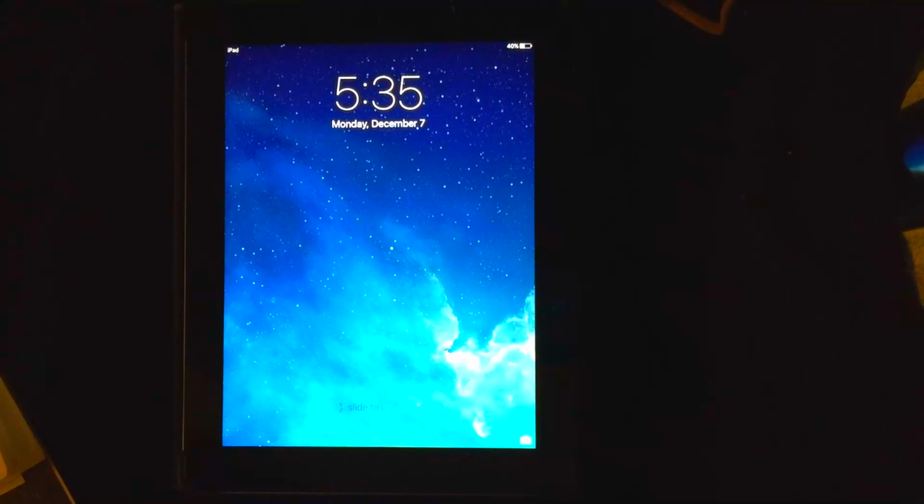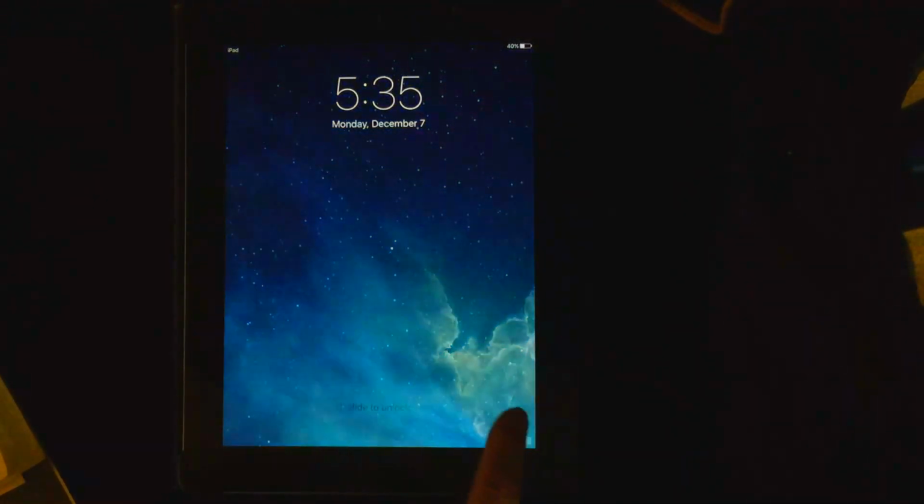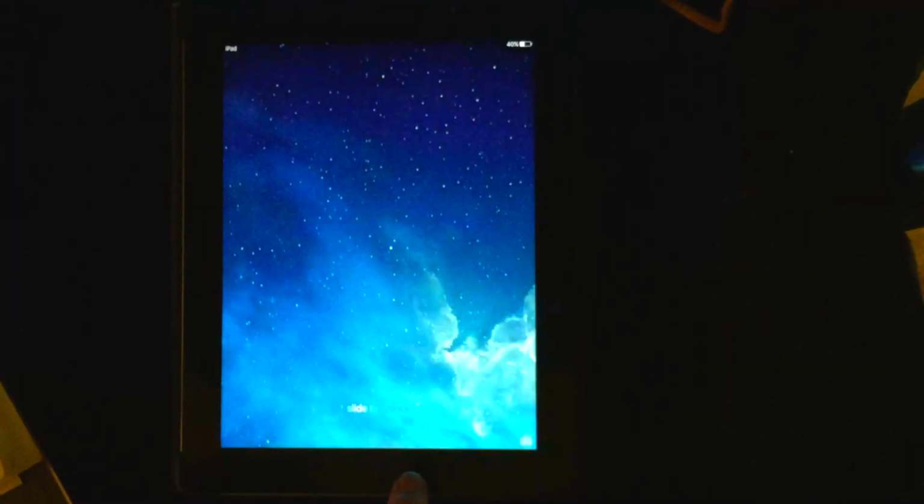Again, I'm not sure why it takes so long. I think at least 30 seconds has gone by, but maybe it hasn't yet. There it goes. Boom. Boy, that took a long time this time. So there it brings you up to your main lock screen, and